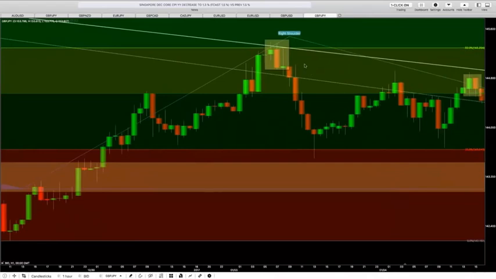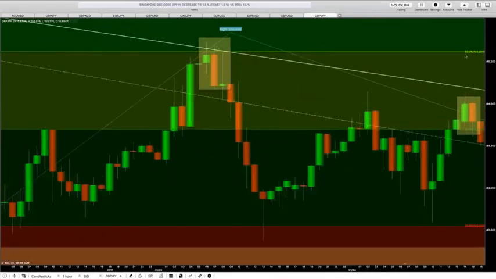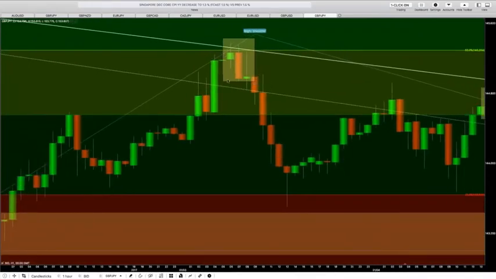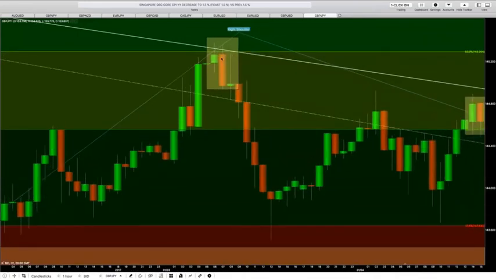The first entry point we see right here created confluence in the market. We have a rejection at the 50. So how did we know that the market was going to come down? We're waiting. It's a waiting game. What you're waiting for, at the rejection point, is a candlestick pattern to form and complete, so that you can get in on the opening of the next candle. So what's the first candlestick pattern we've seen right here at the 50 and at the trend? The market created what's known as a bearish engulfing candle. This is a highly probable candle that you'll see in the market, and one that you definitely want to spot out.